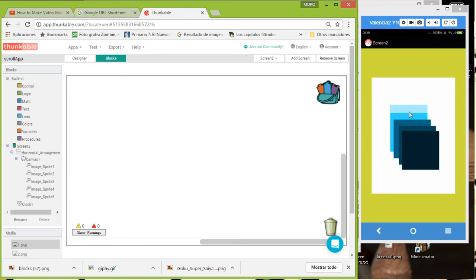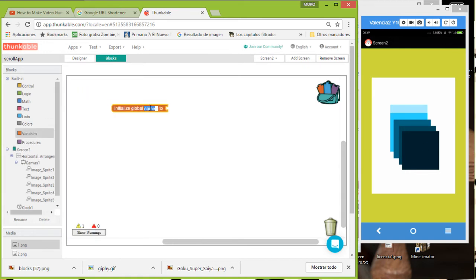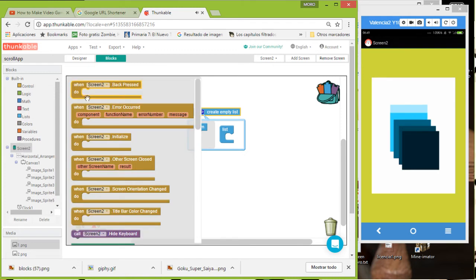We are going to make a list with all of these sprites. So for that, we're going to create a variable, and we're going to call it sprites component. I use this name just because we are grouping all of these sprites that we're going to affect at the same time. So we're going to set this to an empty list,